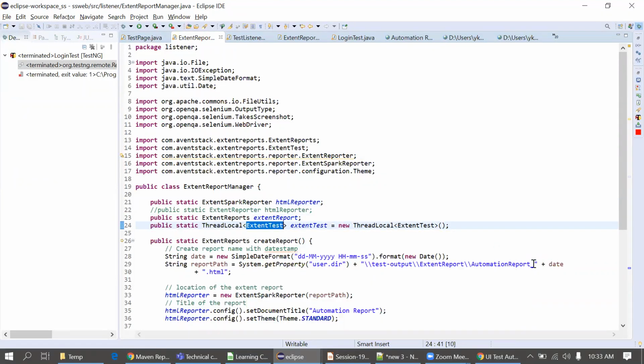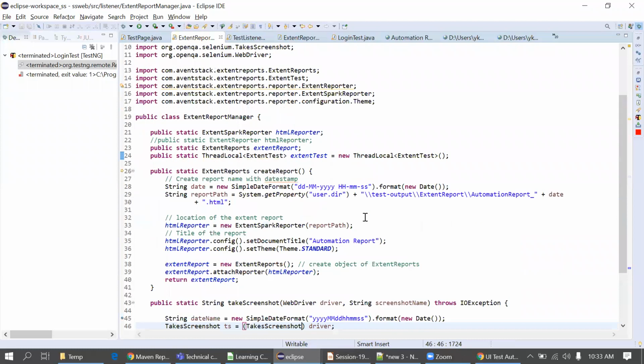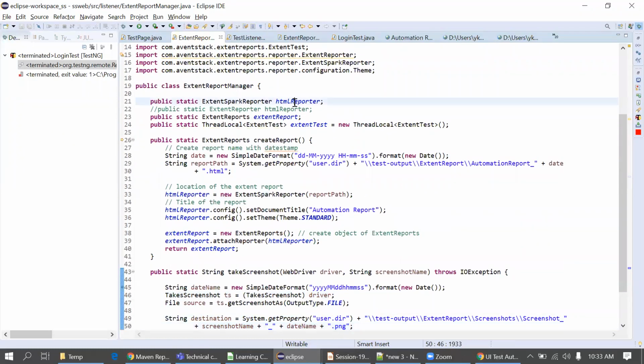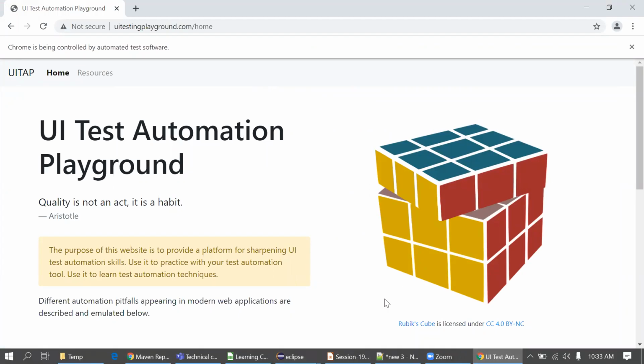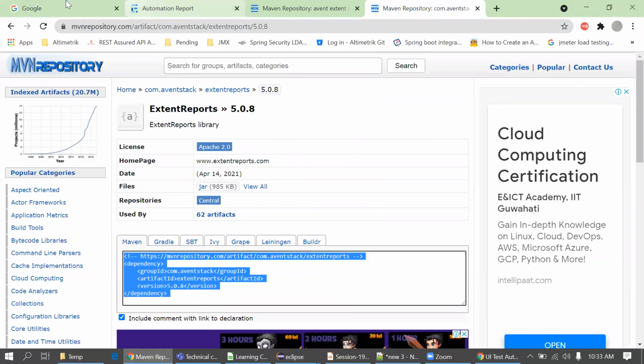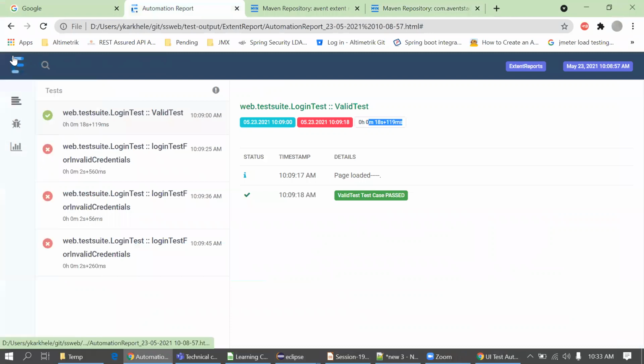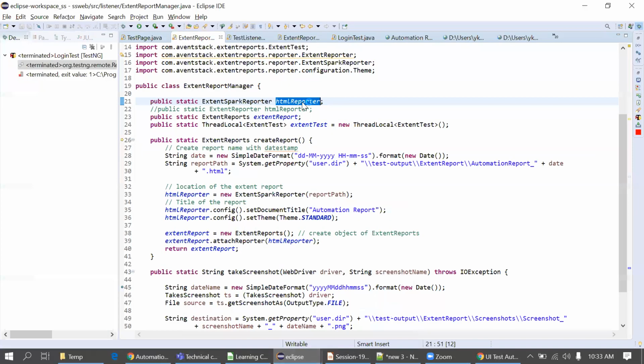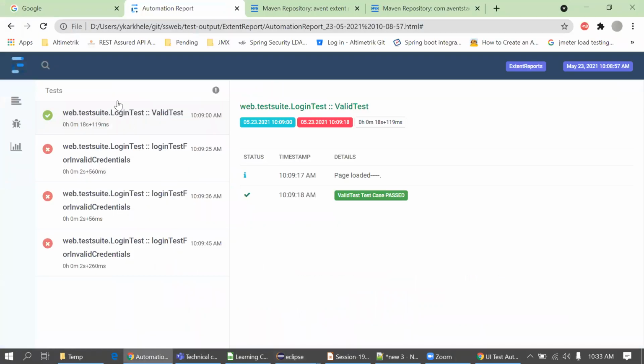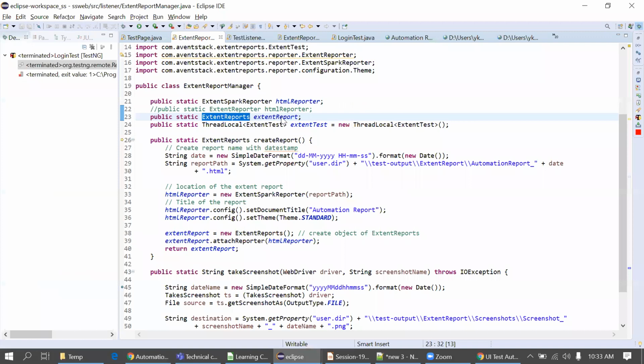Okay, what are these all for? For UI purpose. Now, this ExtentSparkReporter is just generating the whole report. Let me just show it. It will simply create this structure, these options: test, exception, dashboard. Everything outside is created using this HTML reporter. Then ExtentReports handles the test suites, the whole state. Suppose this is a test name, this is passed or failed. This icon will be managed internally in ExtentReports.